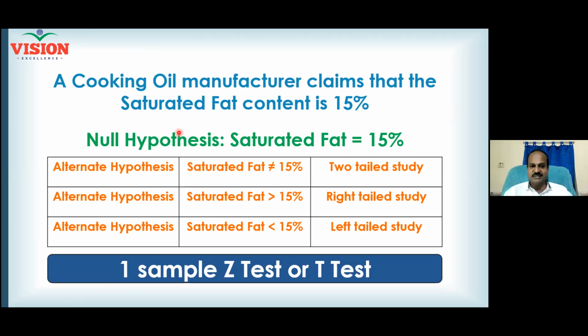Very good answer. T-test, because you are not part of the company, so probably you may not be given access to the population, and only the reference value is available, that is printed on the packet. But if I am a food inspector authorized to go into their company, I can do the Z test, right? If you are allowed to walk inside the factory and access the data, you will change your mind to do the Z test. Is that clear now? Correct.